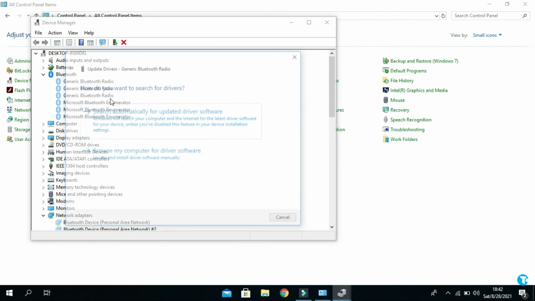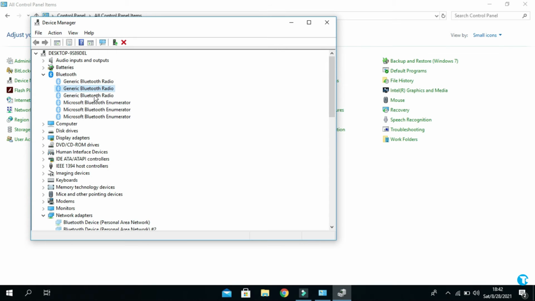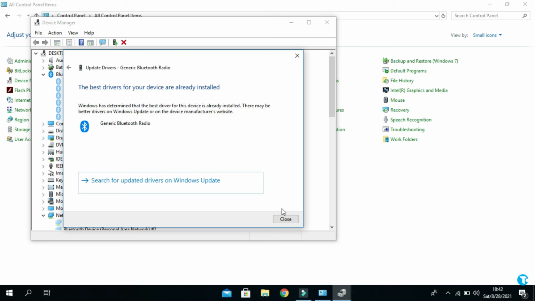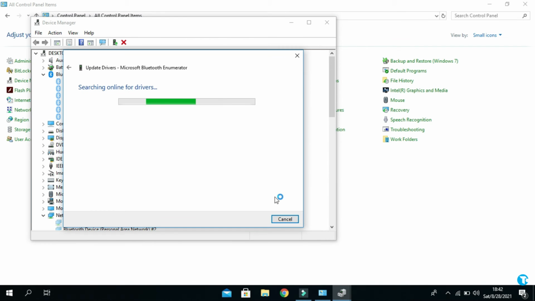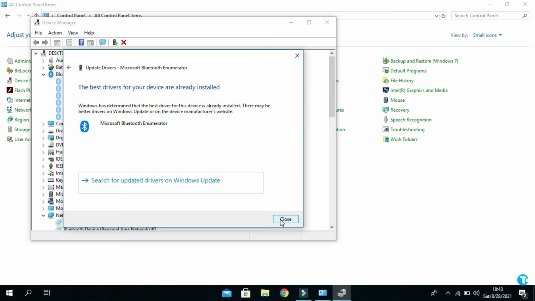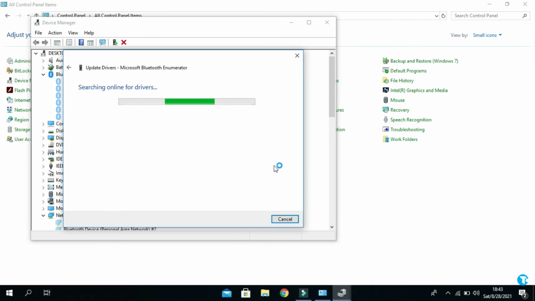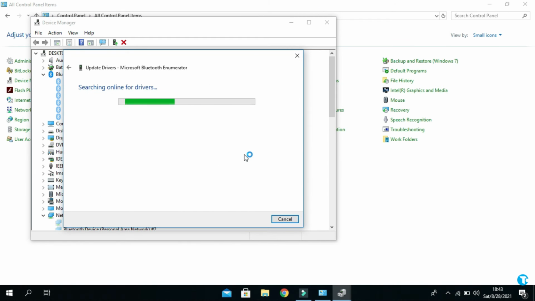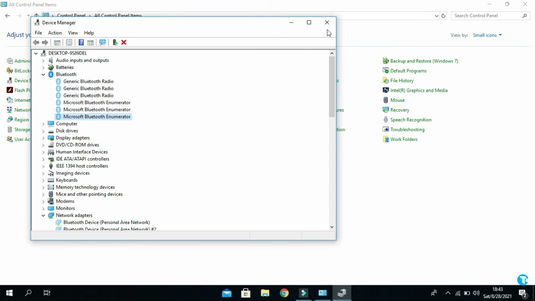Repeat same steps for all Bluetooth options. Once it is done, then close this window